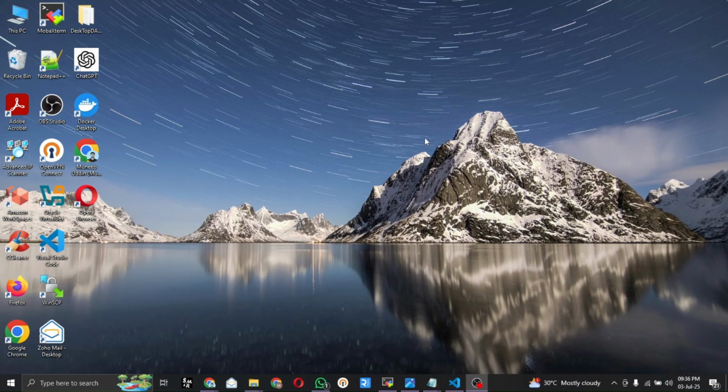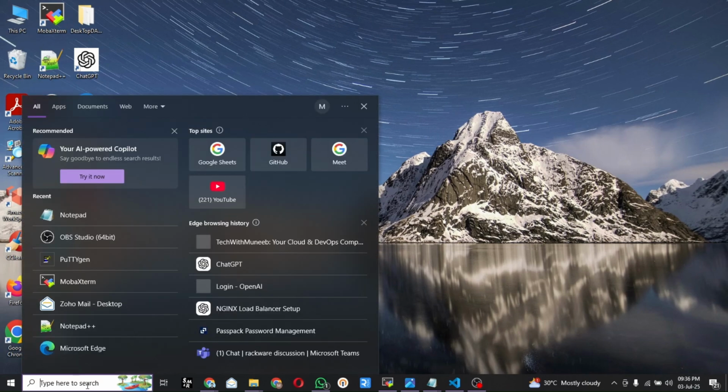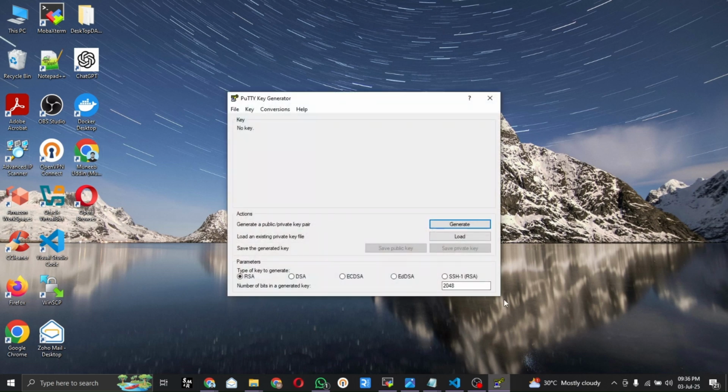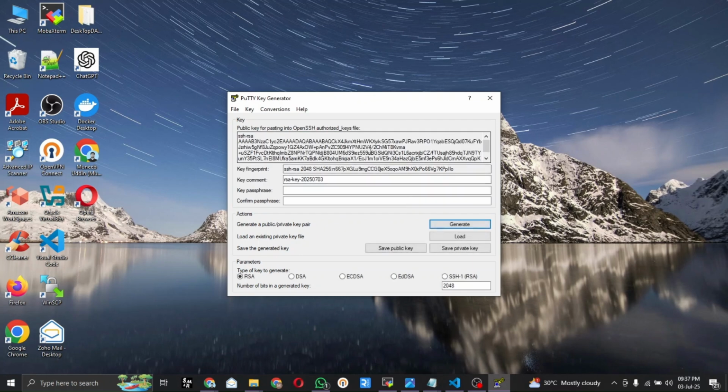Okay, so I'm in my local PC and let's type PuTTYGen. Okay. So we will generate a custom key and hovering the mouse so that it can generate a randomness in the private key. You can see that it has generated the private key. So first we need to change the key comment and type the username which you want to key with. Okay, so in my case, I will keep my name as Munib